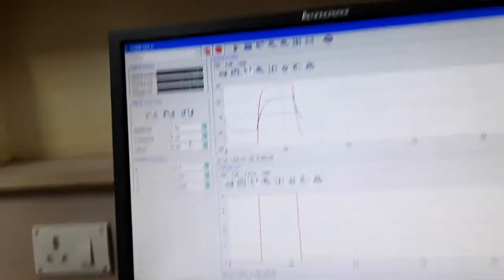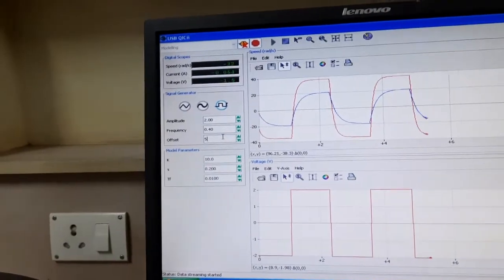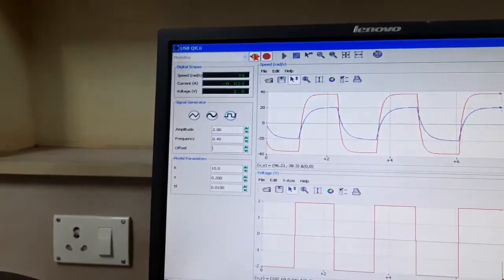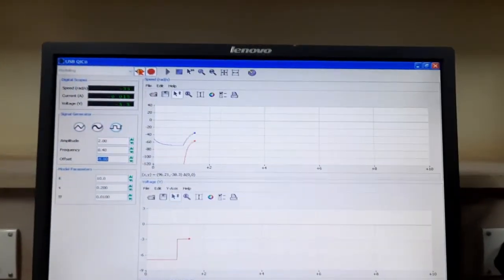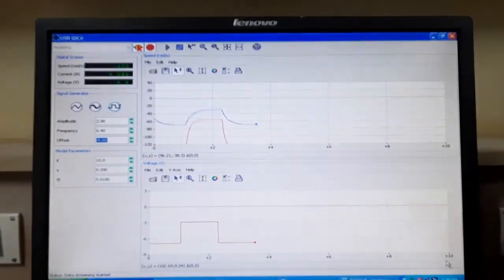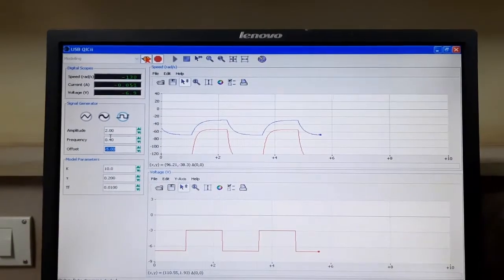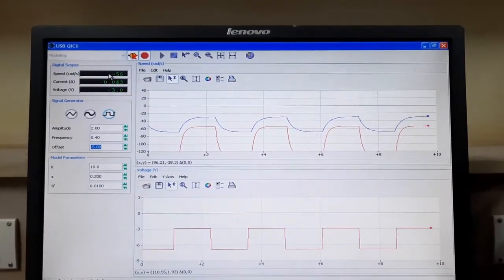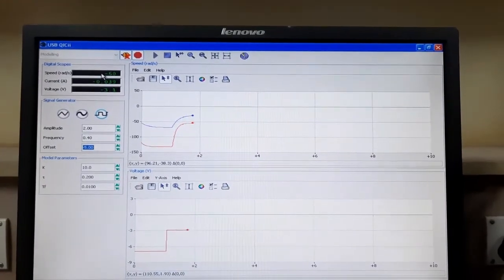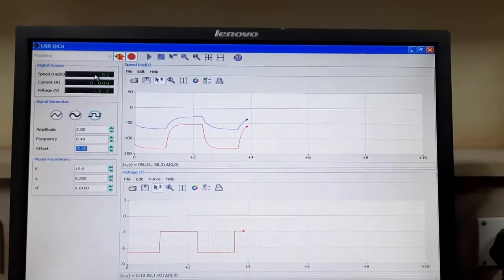Suppose I am putting the offset at -5. For this, the speed is -132.